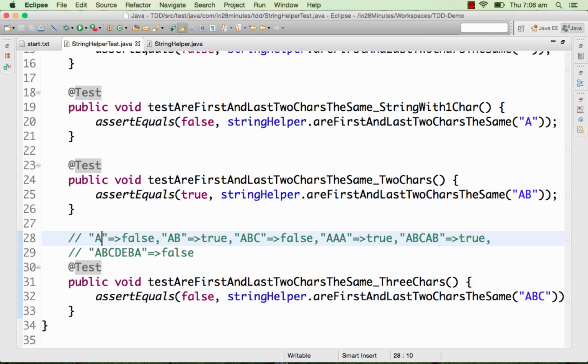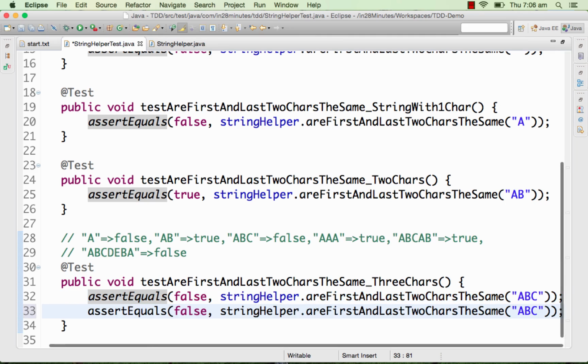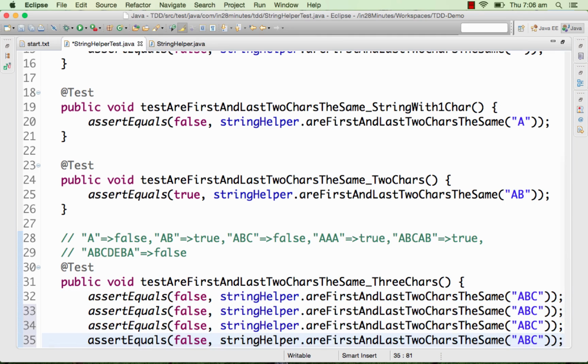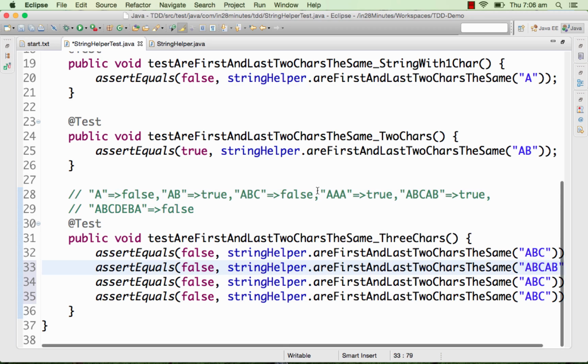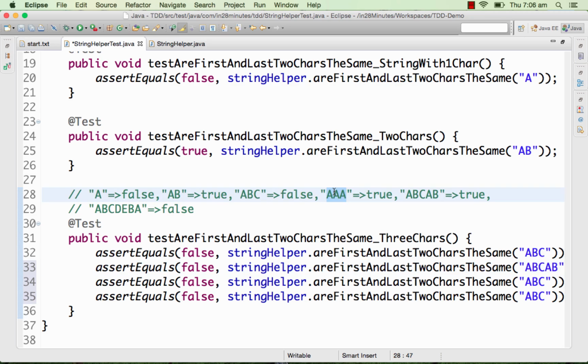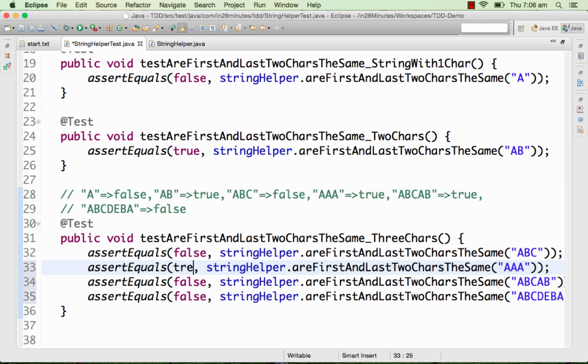So let's see if we are able to run all the other test conditions as well. I'll be a little lazy now and I will not create separate methods for them. I'll just go ahead and use the same methods to check whether everything's working fine. I'm doing this because I'm sure that these conditions would succeed. For AAA, the thing is true. For ABCAB, the value should be